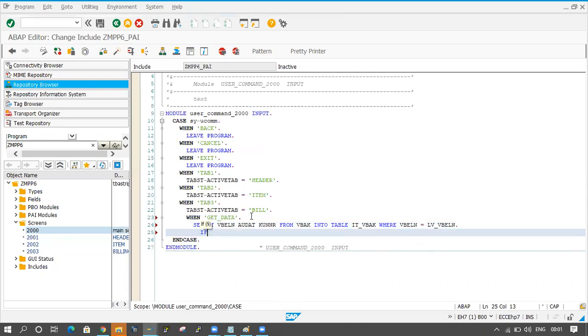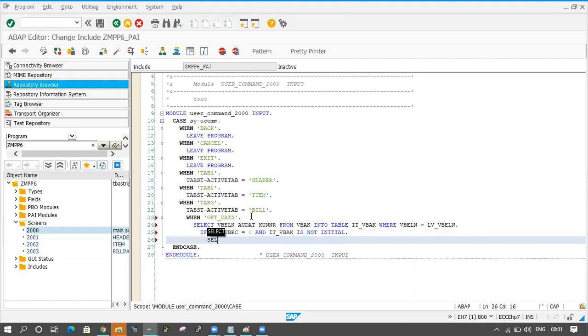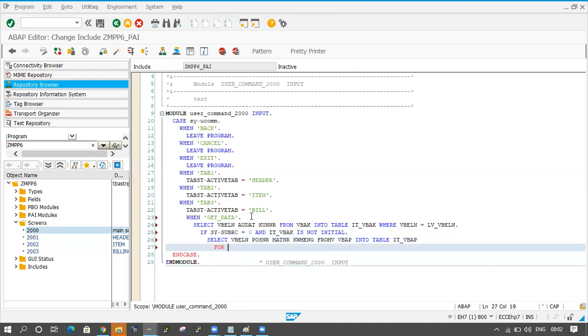And here, if sy-subrc is equal to 0 and IT_VBAK is not initial, then select VBELN, POSNR, MATNR, KWMENG from VBAP into table IT_VBAP for all entries.